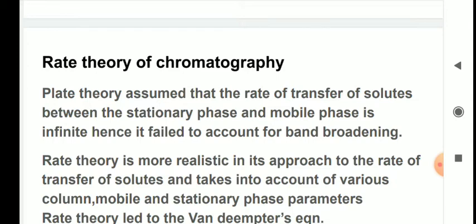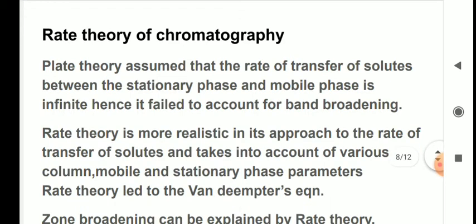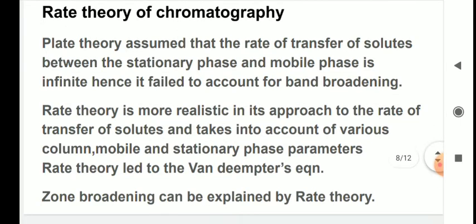In reality, the rate of transfer has a certain finite value, and if the rate of transfer is higher, then your column is more efficient and plate number is higher. So here the rate theory is more realistic in its approach to the